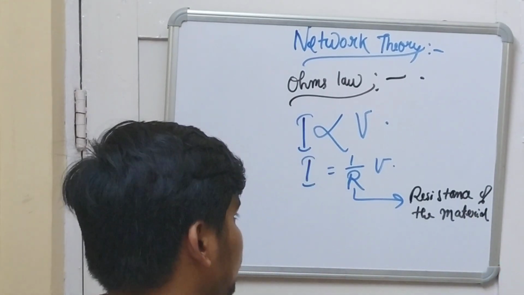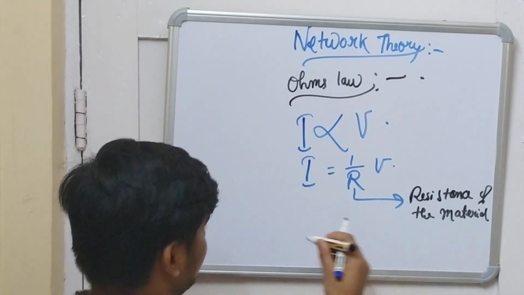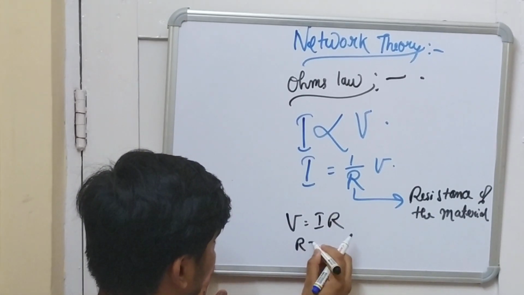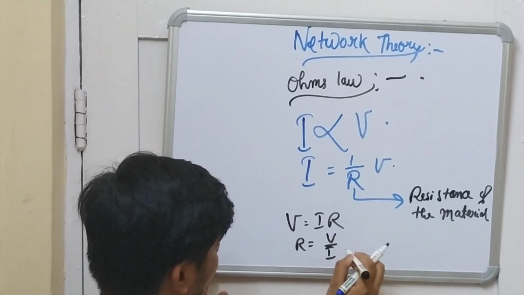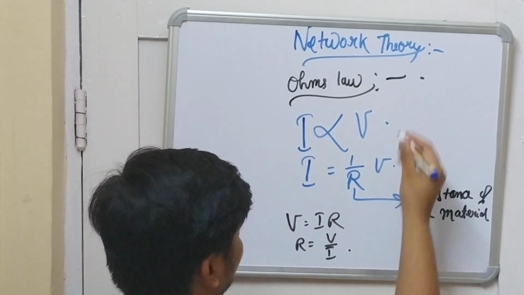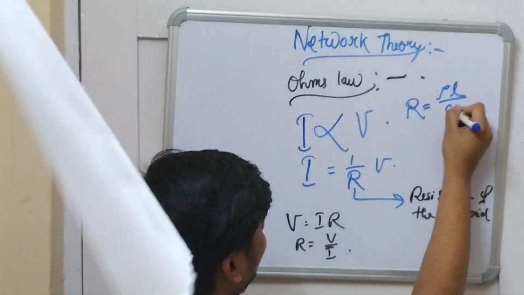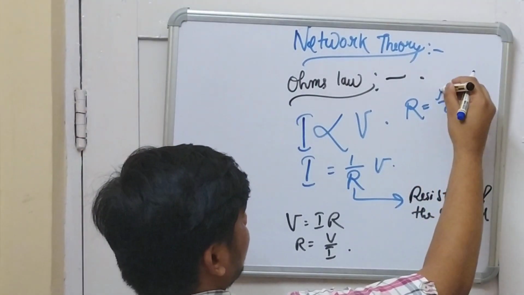So V = IR or R = V/I. And R = ρL/A, where ρ is the